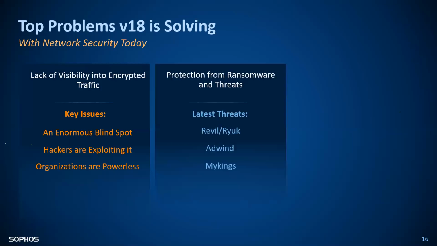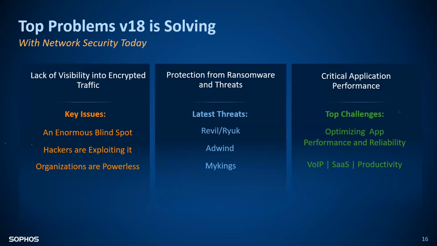Then obviously the ransomware protection is there. The latest threat protection is always there. For optimal application performance, we now have SD-WAN capabilities where you can tell that this particular application goes through this optimal gateway only. And not only that, if my endpoint is also installed on your endpoint, then I can give you 100% application visibility, and you can prioritize them, categorize them, and give bandwidth to that application. You can also simply discard them if you don't want them.